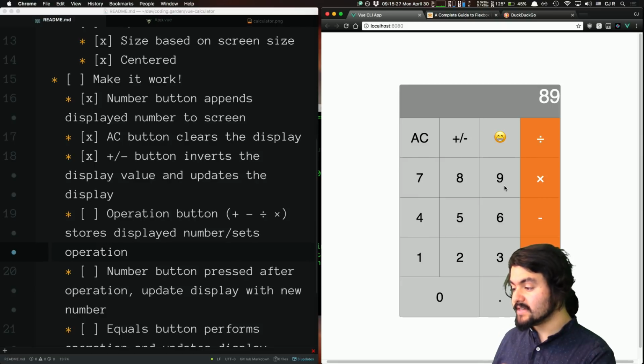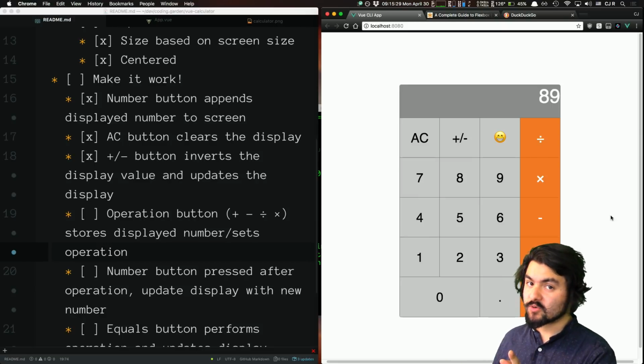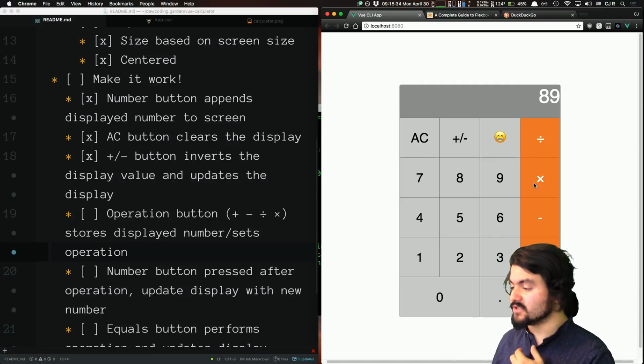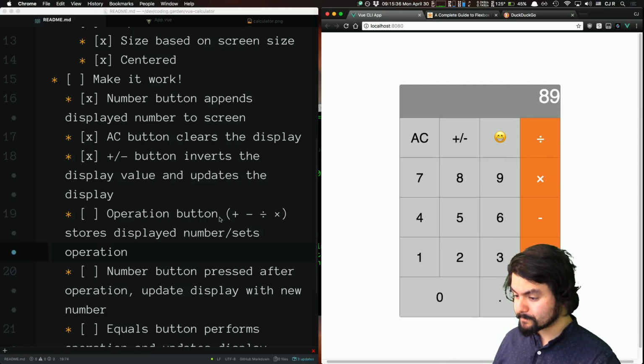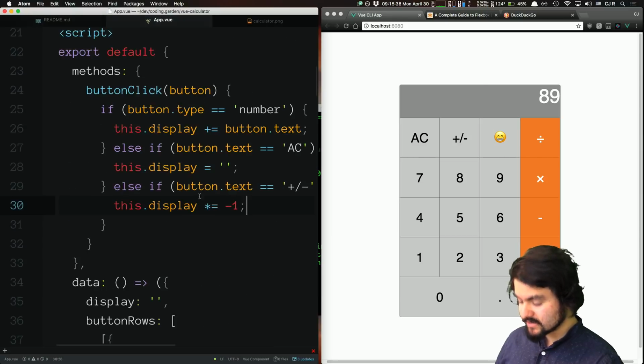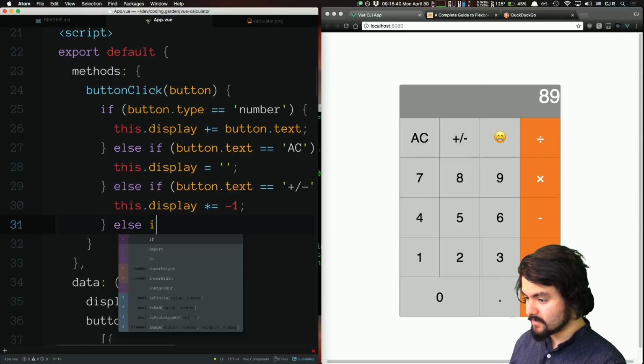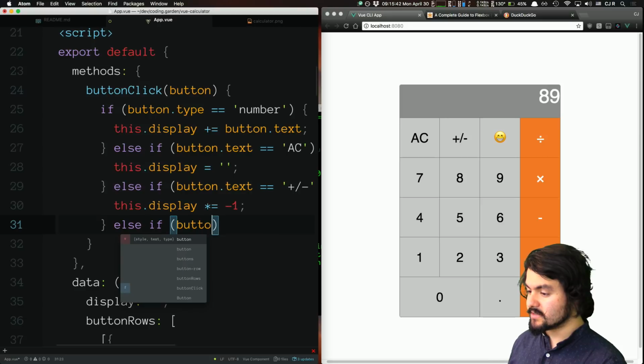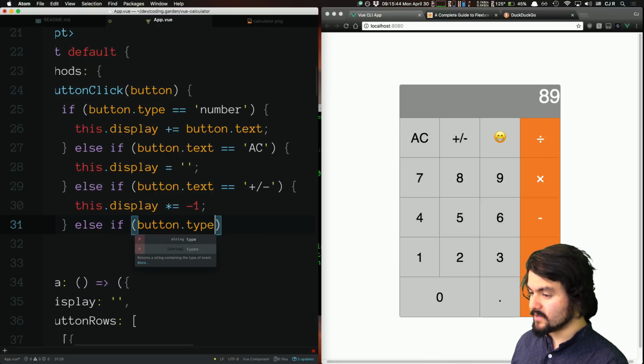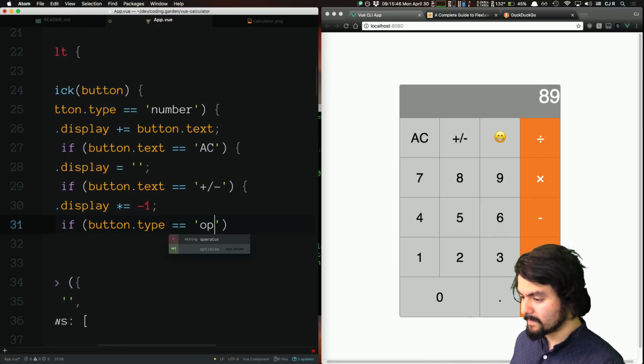But then when you click equals, it should know what the stored operator was, and then use those two. Use the previous stored value with what was just entered. So let's do this. Else if button dot type is operator,